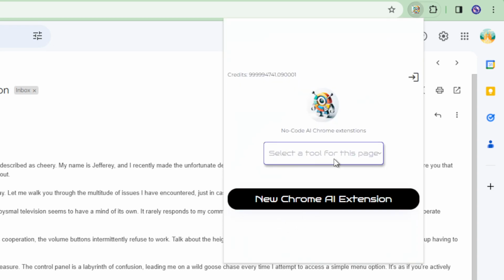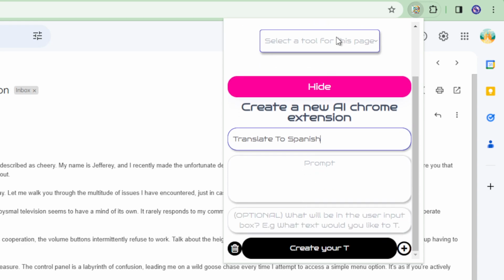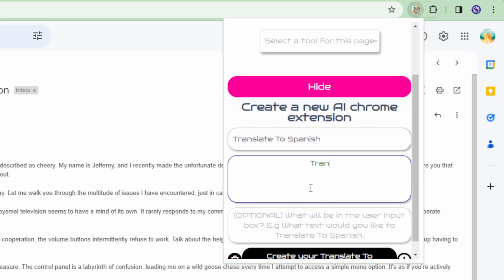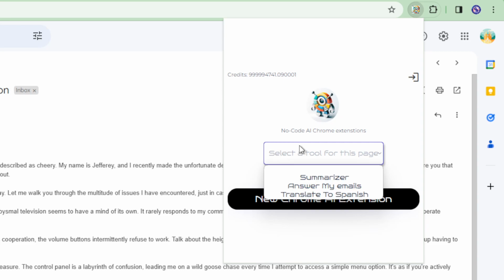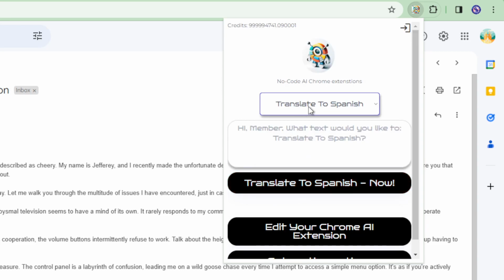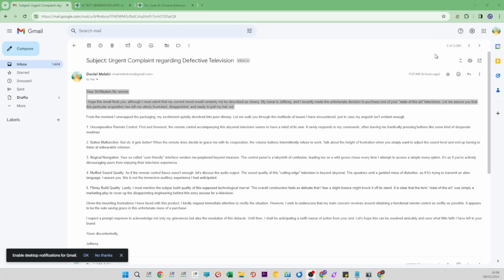Let's say you need a translator. You'd click on a new Chrome extension. Translate to Spanish is the name of the application. And then translate any text, the text, to Spanish. Now create your translate to Spanish bot, and then translate to Spanish. And then whenever you highlight any text, and then you go and click on the app on the top right